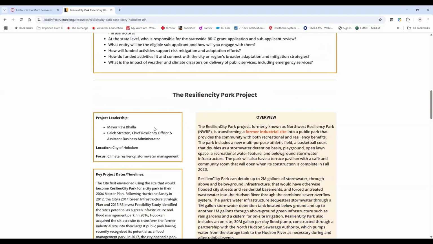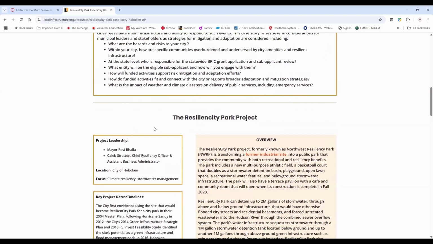Part of the Northwest Resilient Park was the key to these BRIC projects: build back better, or whatever you want to call it. They took a former industrial site and turned it into a public park, adding multi-purpose athletic fields and basketball courts. That basketball court doubles as a stormwater detention basin.